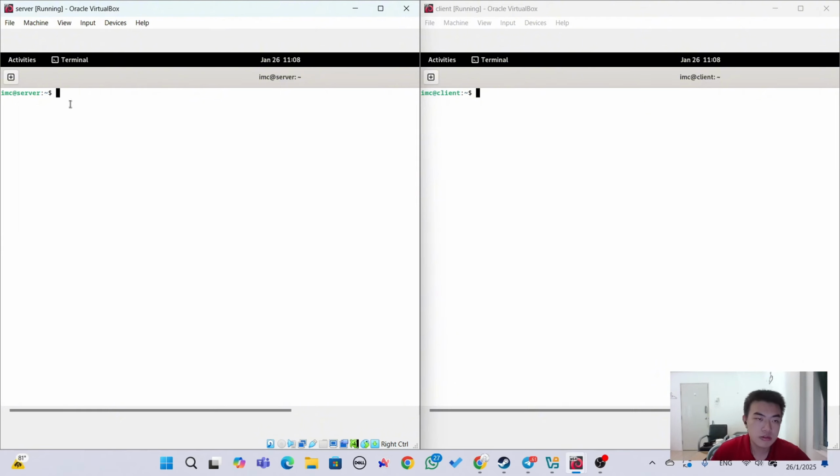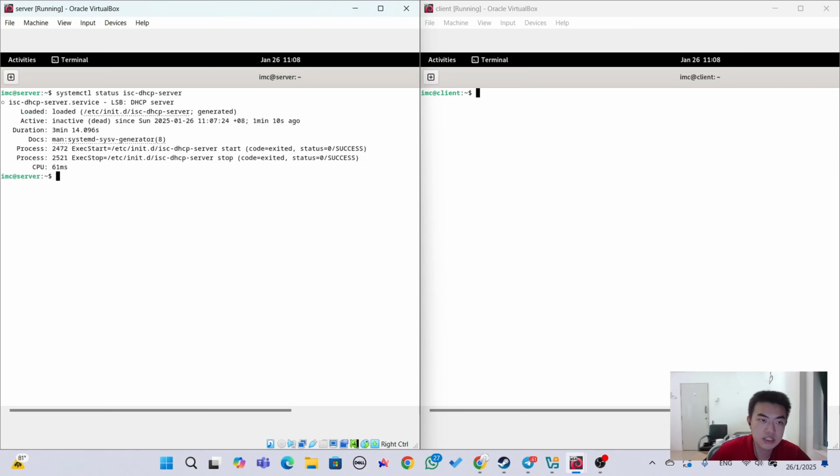So how can we check the status of the DHCP? We can check it by running this command: systemctl status isc-dhcp-server. Press enter. So you can see that the DHCP on the server side is currently inactive. Usually the DHCP should be in the running state, but sometimes there are cases that cause the DHCP to become